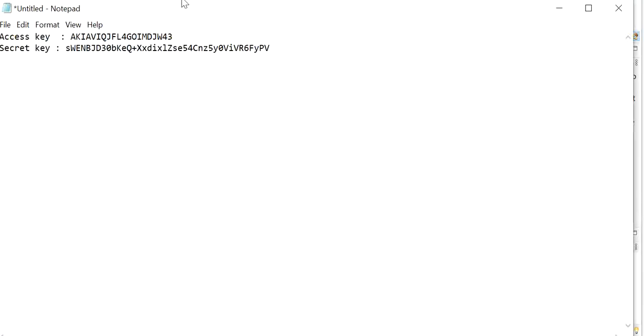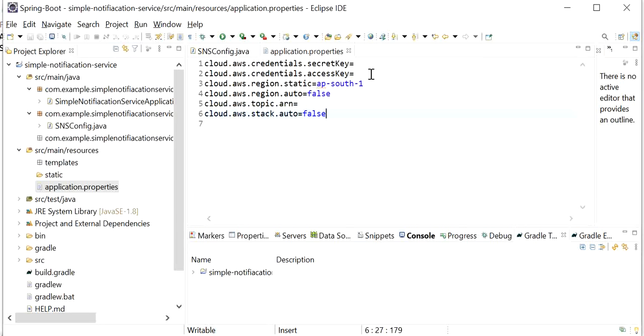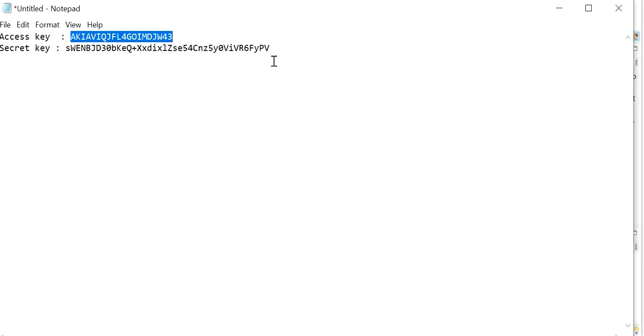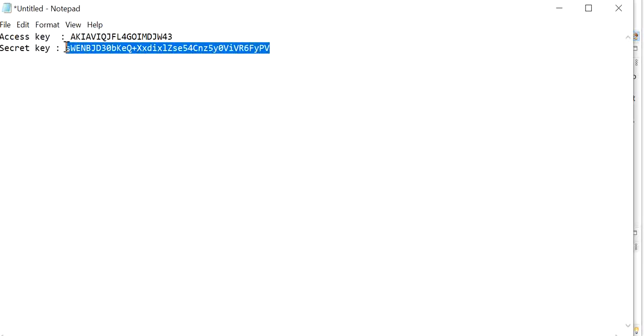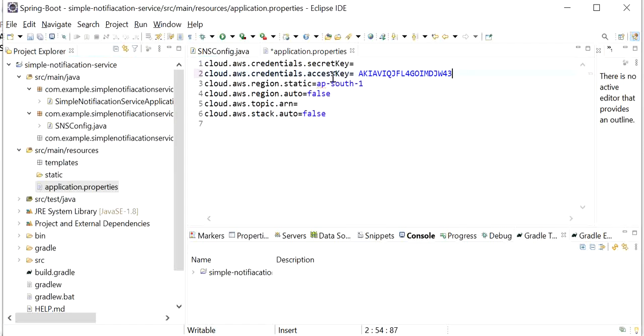So I will go to my notepad and copy this from here, and this is my access key, and from here I will copy my secret key also, and here I will paste it.